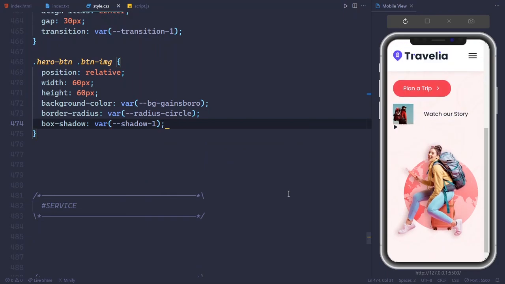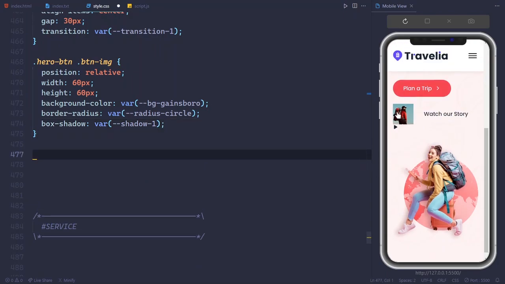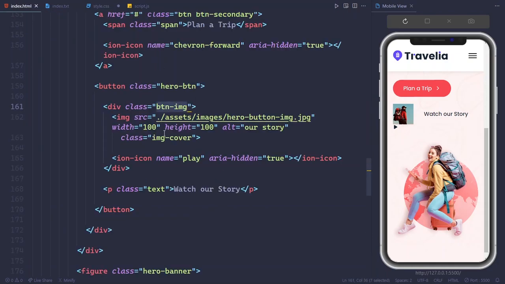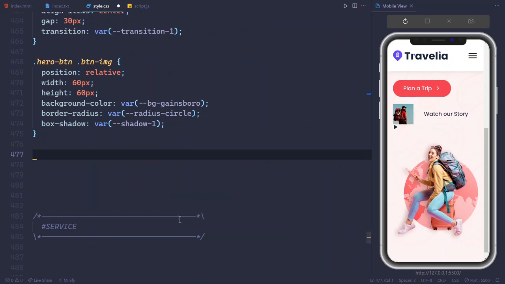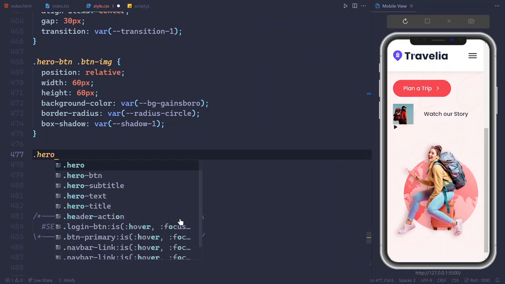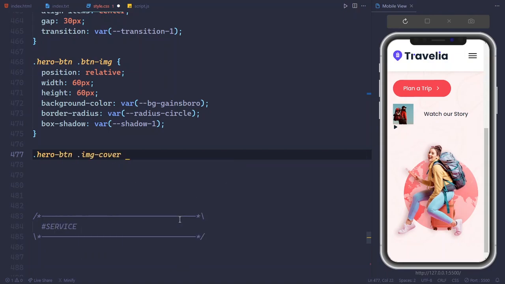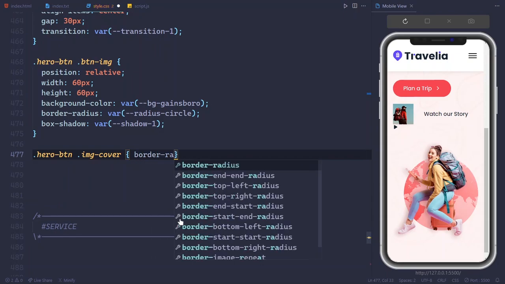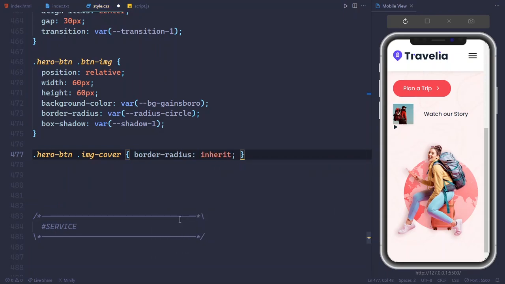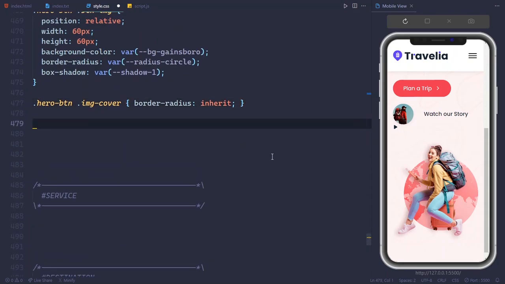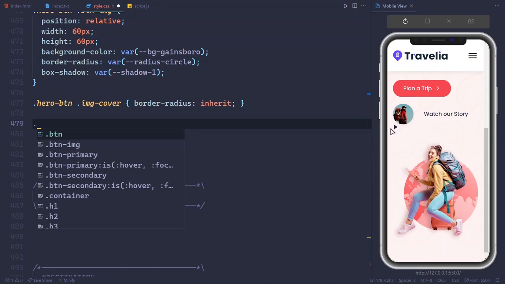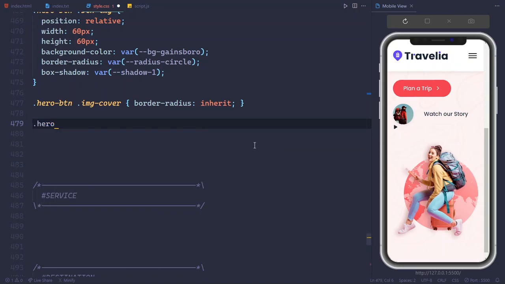and then select the img inside the img-cover, this img, and here is the img-cover, .hero-btn inside the hero-btn img-cover, and border-radius will be inherit. Like this. So after that, select this ion-icon and hero-btn, and inside the hero-btn